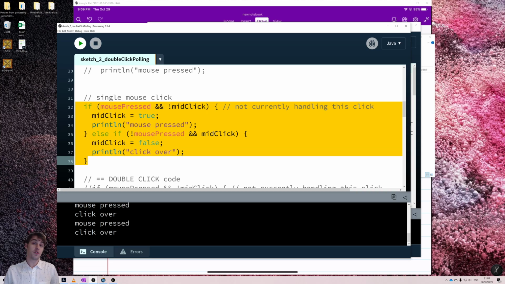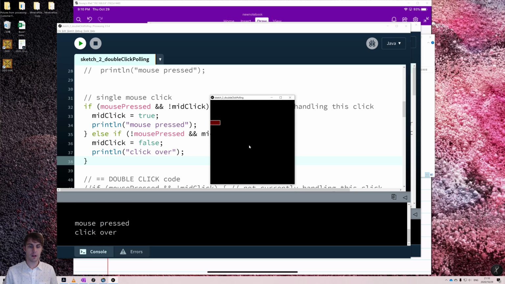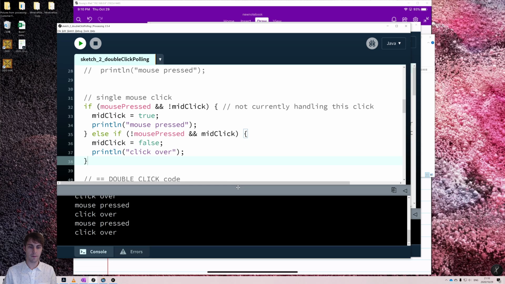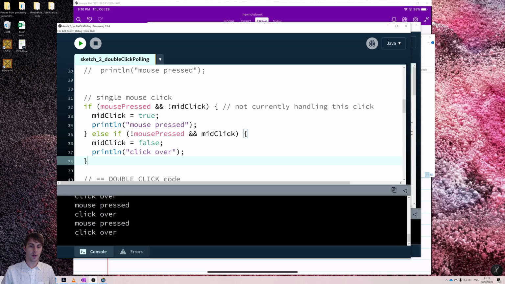The problem is, of course, we still might miss events. If you're quick enough, if you're doing it really quick, you can still miss them. Actually, I don't think I can do it. I don't think I'm fast enough at 60 frames a second. Yeah, I can't tell. I'd have to code it differently. That's okay. So